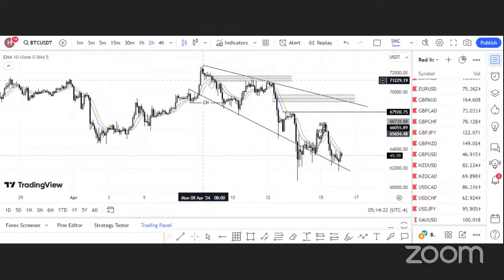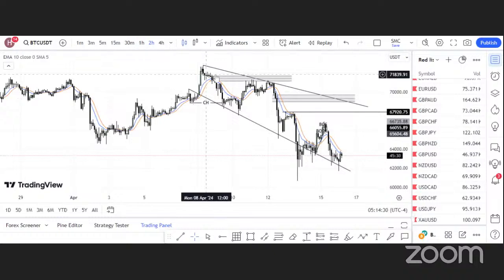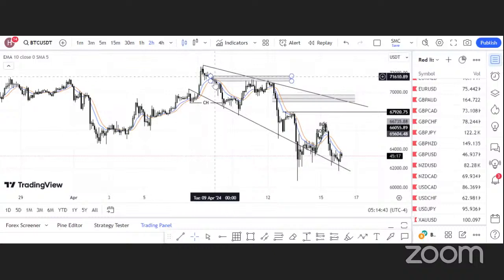So what I like to do in a case like this is I'll go to the lower time frame. I want to see if, in the midst of creating these bearish candles, there is another bullish candle in between. So if there's another green candle in between these black candles,